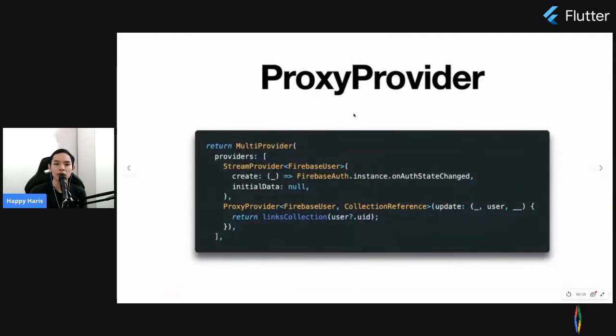So this is another way for you to use a proxy provider. As you can see, the difference is that there is no number. This proxy provider will actually listen to another provider inside a multi-provider. You see here, there is the previous example, the stream provider that we use for the Firebase user. And then we have the proxy provider that listens to the Firebase user that we have created over here. So this will return a links collection, or a Firestore collection,